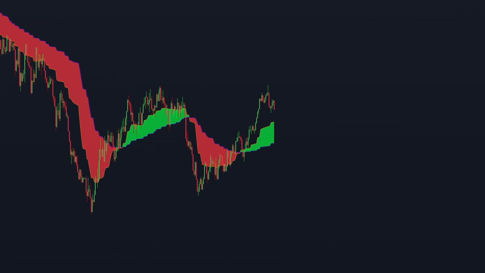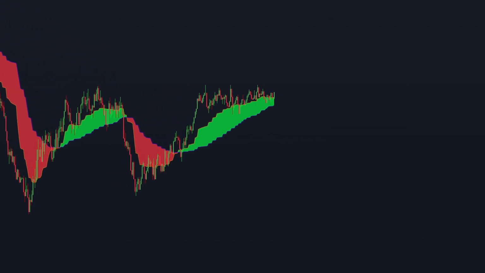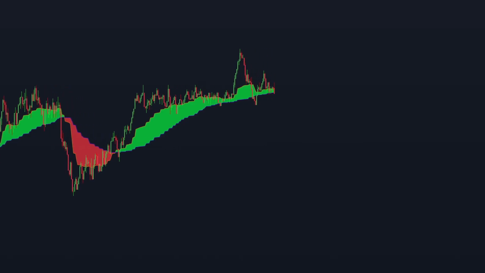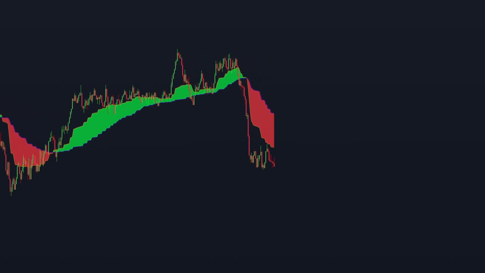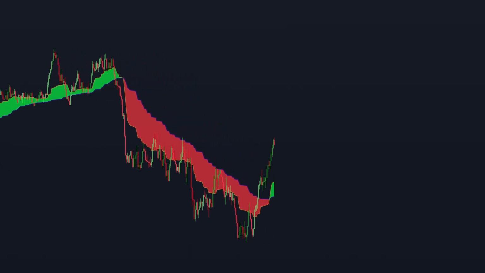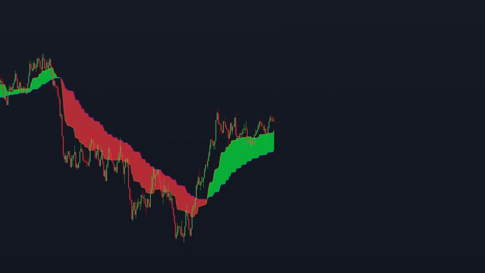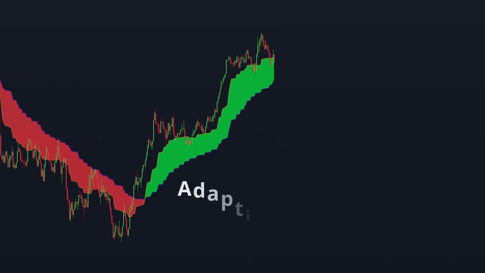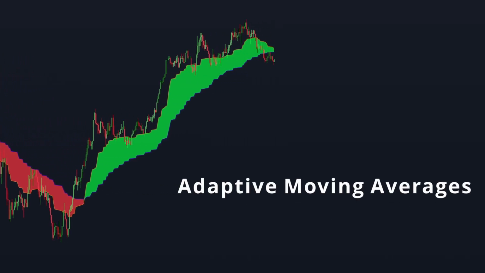Everyone is familiar with the regular moving average. It's one of the most basic and easy to understand indicators there is. But what if we want something more advanced and powerful for trading? Something that automatically adapts to the current market conditions. In this video, we're going to talk about 3 adaptive moving averages and how you can get them for TradingView